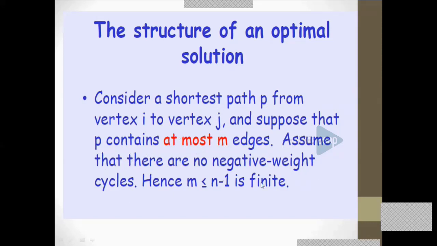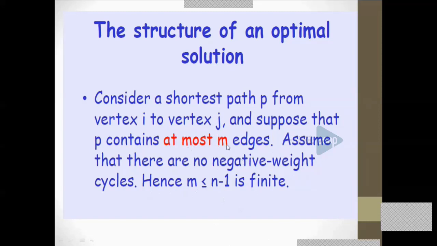If there is a negative weight cycle, I told you, A to B a negative edge, B to A also a negative weight, then A to B, B to A. Suppose A to B is -2 and B to A is -1, then A to B, B to A, the cost is -3 and it will keep on reducing. There is no meaning in that. That should not happen in real life also. Negative weight means you will be going on traveling through that loop to reduce the cost, and we cannot terminate the algorithm.